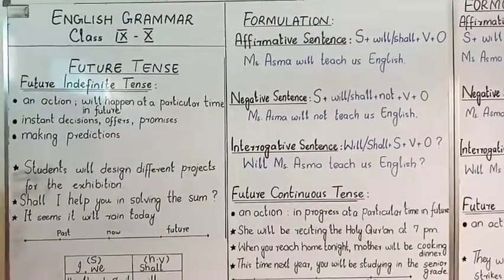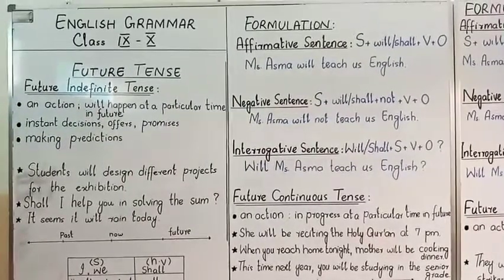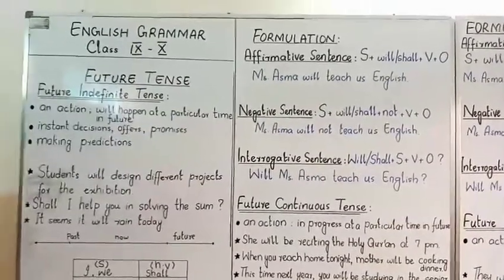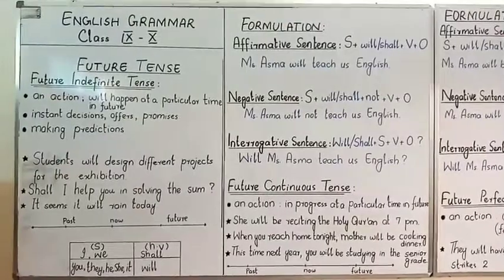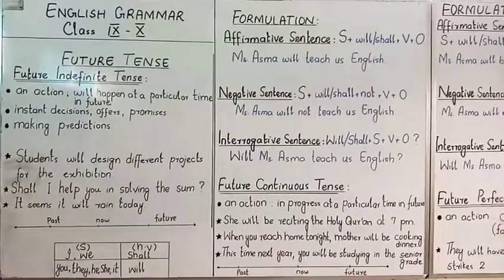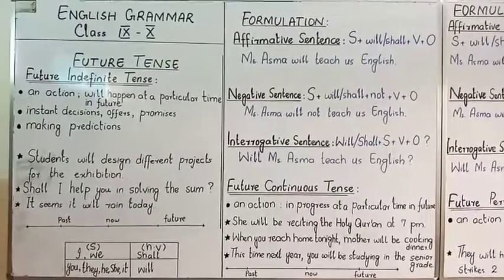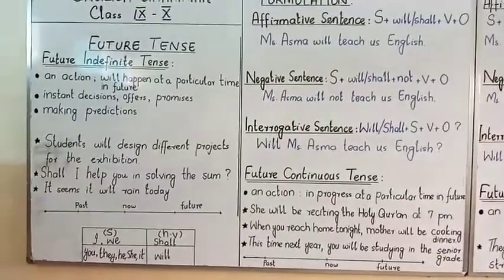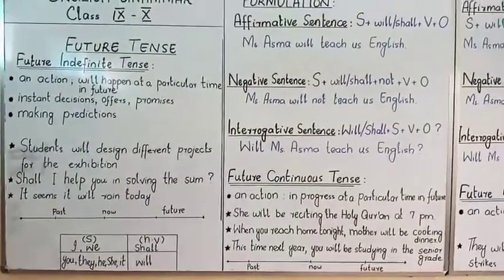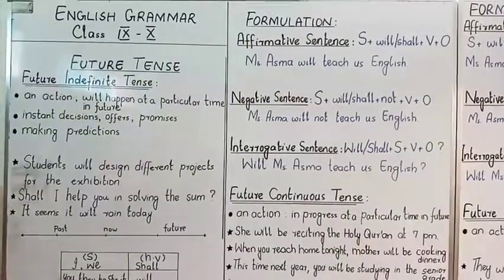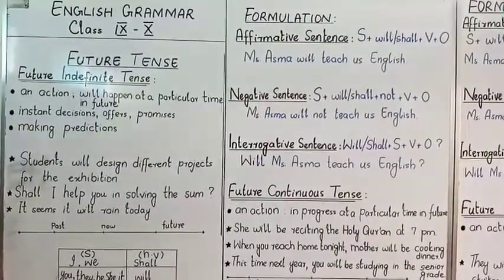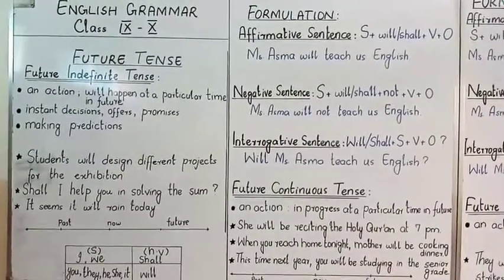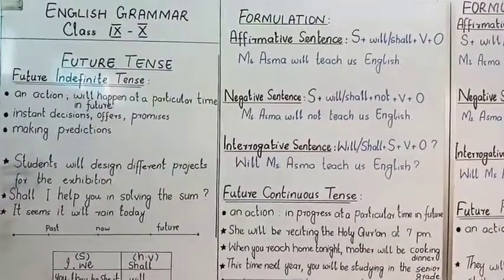So we have completed present tense and past tense in our previous classes. We have read all the aspects of present tense and all the aspects of past tense. And today we are going to do future tense, and we will discuss all the aspects of future tense in the present class. So first tell me, have you completed the exercises which have been given to you in PDF files? Have you completed? Inshallah, you must have completed. So come to the future tense.